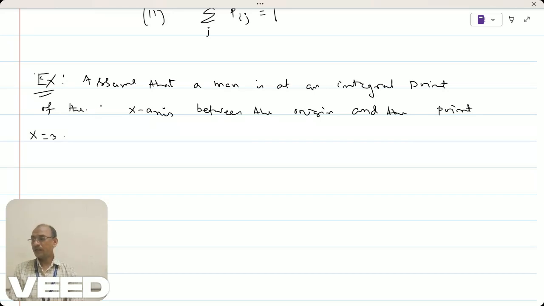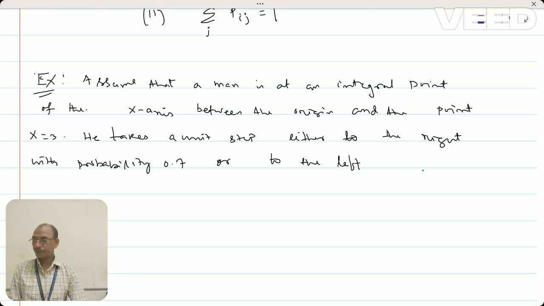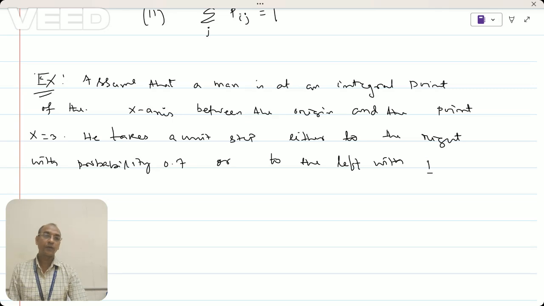He takes a unit step either to the right with probability 0.7, or to the left with probability 0.3,